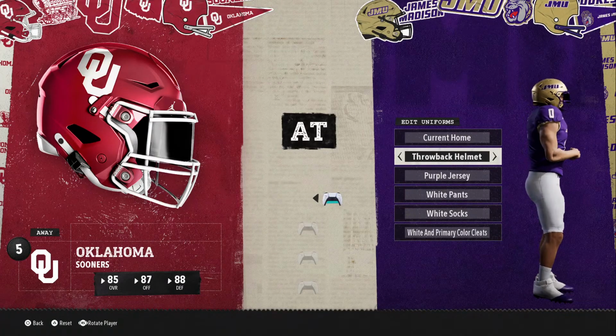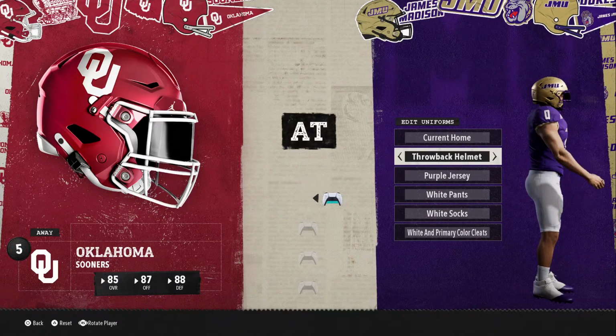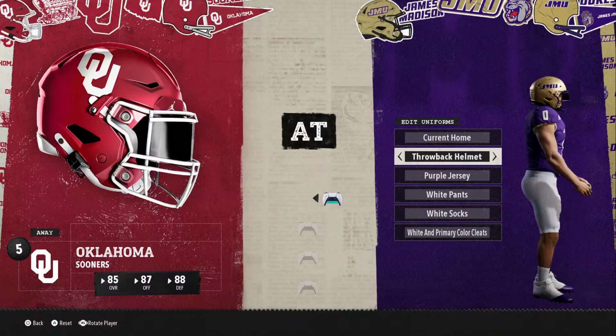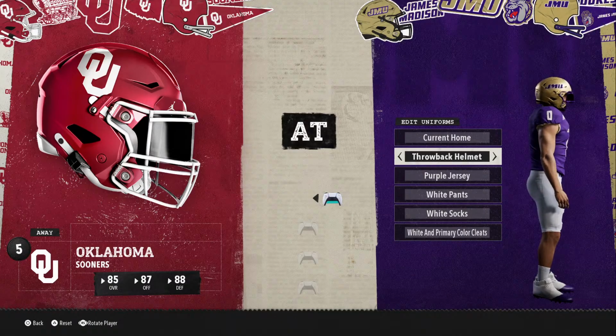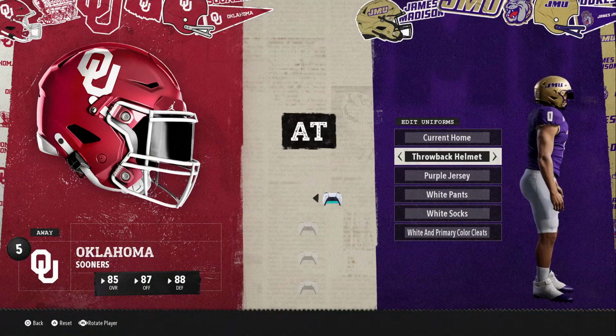So one of these is new. I can't remember which helmet is new. Of the gold, you have three gold helmets now. You have the ones I showed you: this one plus the gold dog one, and then you have the gold one that has the JMU in gold outlined in